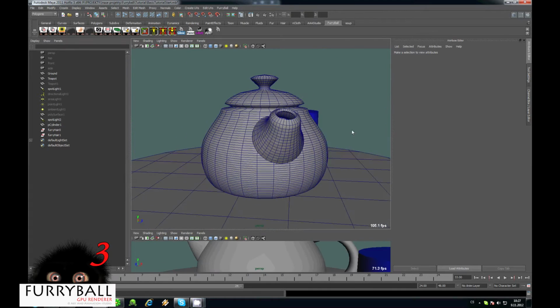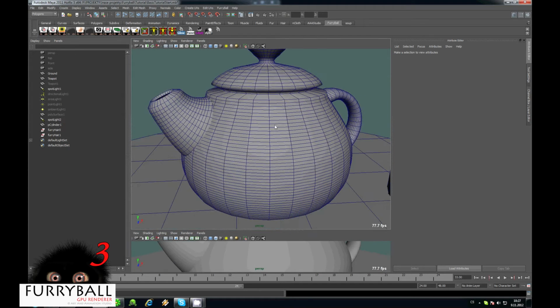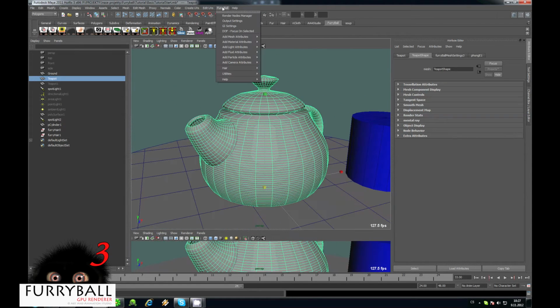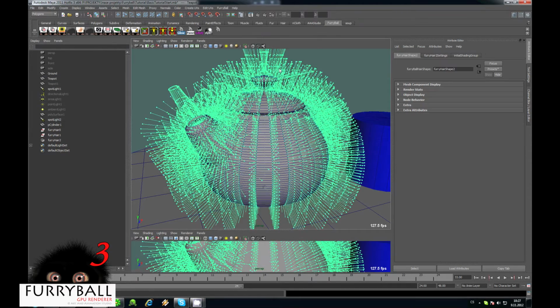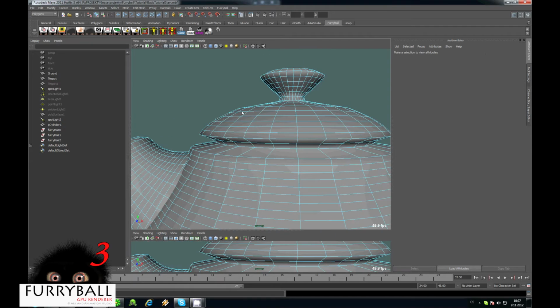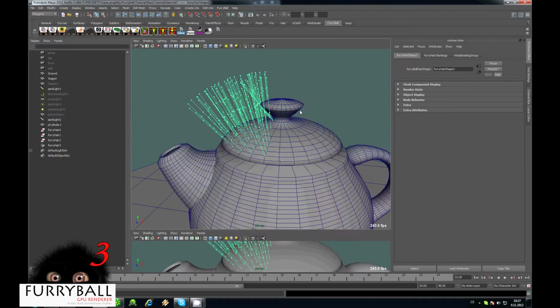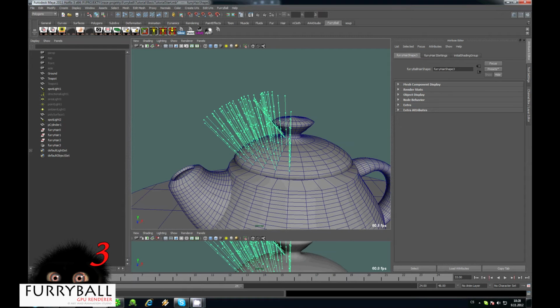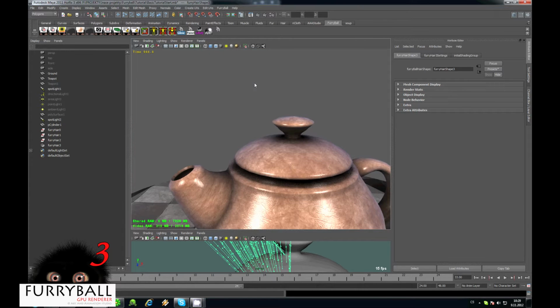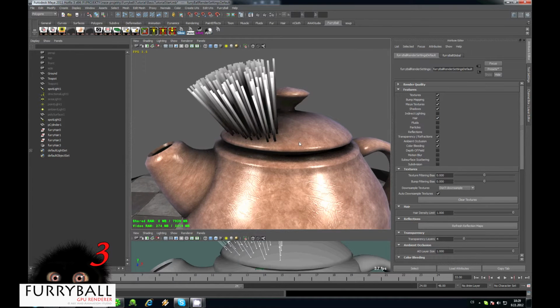Let's walk through some fur options and features. First, let's create fur. I can select the object and create fur all around it by pressing Hair, Create Hair, or I can just select some faces and create fur just on these faces. So now in FurryBall,